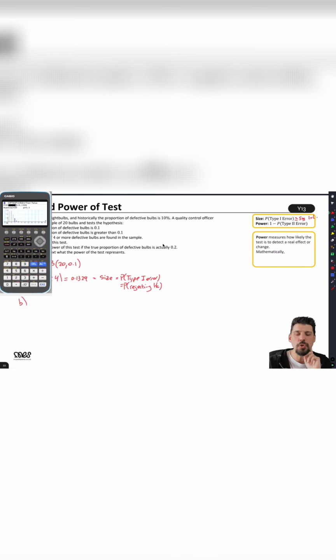Now, what if the actual true proportion of the defective bulbs is actually 0.2? Well, then X would have a binomial. Oof, I think the laptop needs a break. Now, what is the probability of not rejecting